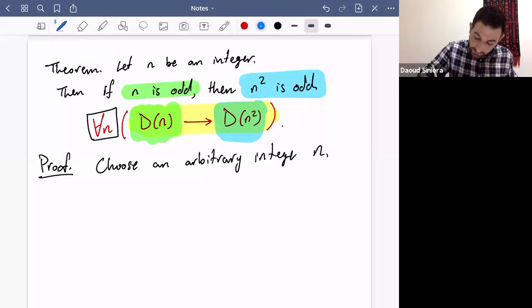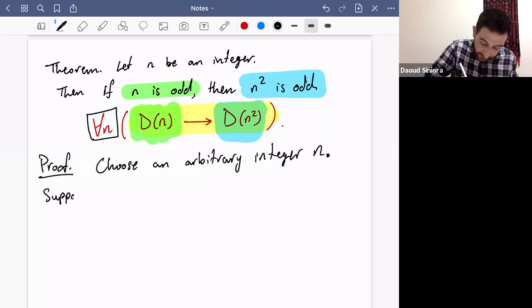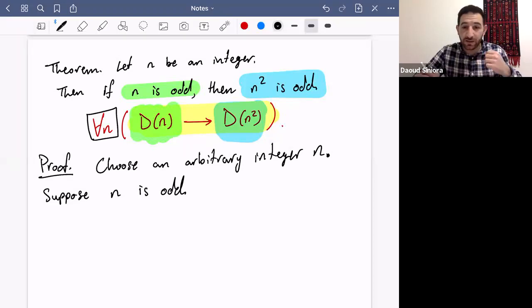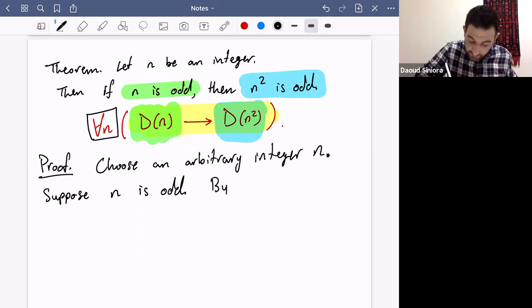Choose an arbitrary integer n, and we can just finish this sentence with a full stop and start a new sentence by saying, suppose the hypothesis is true. So suppose n is odd. Now our goal is to show that the square of n is odd. This is the conclusion. Now, by the definition of odd, what does it mean to be odd? By definition of odd,